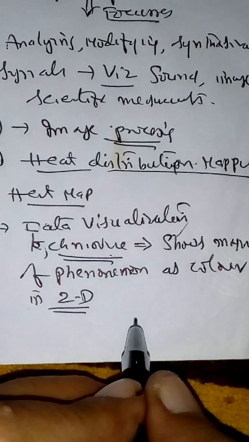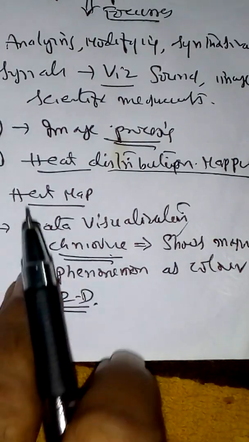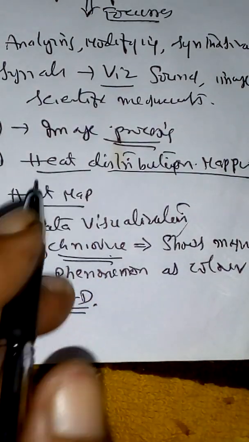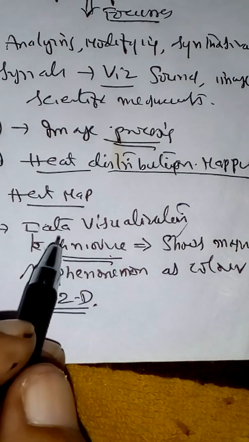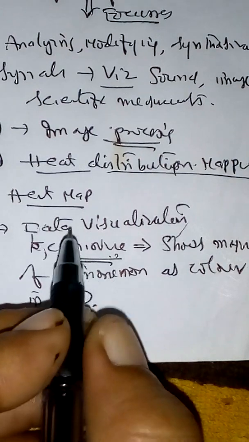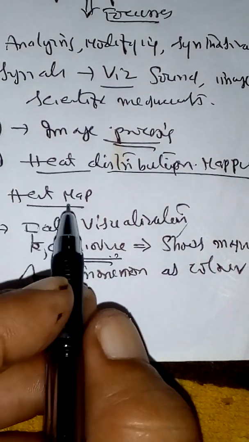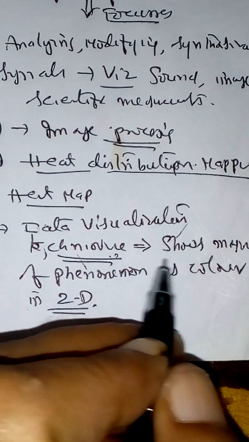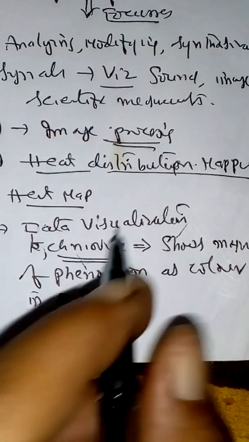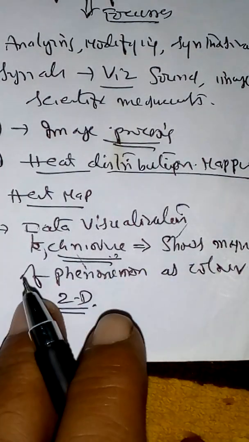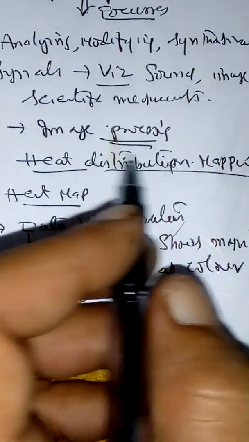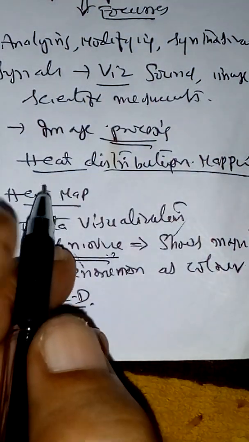That means color variation may be hue or intensity. Intensity variation can be studied, and data visualization can be done with the help of distribution. So heat mapping or heat distribution mapping is a data visualization technique where it shows the magnitude of a phenomenon as color in 2 dimensions. That variation can be understood in the case of heat distribution. That process is called heat distribution mapping. Interference is used in heat distribution mapping.